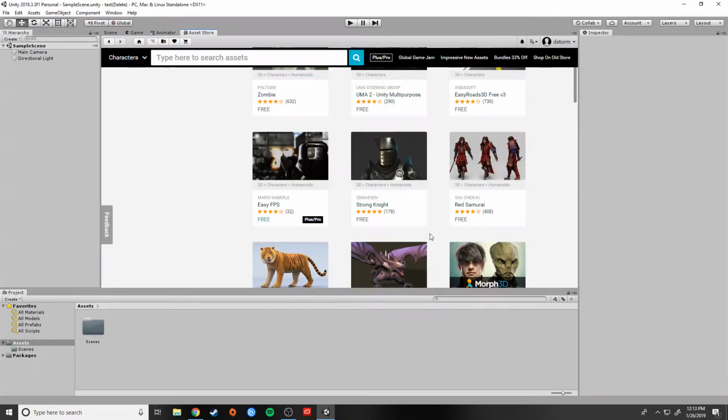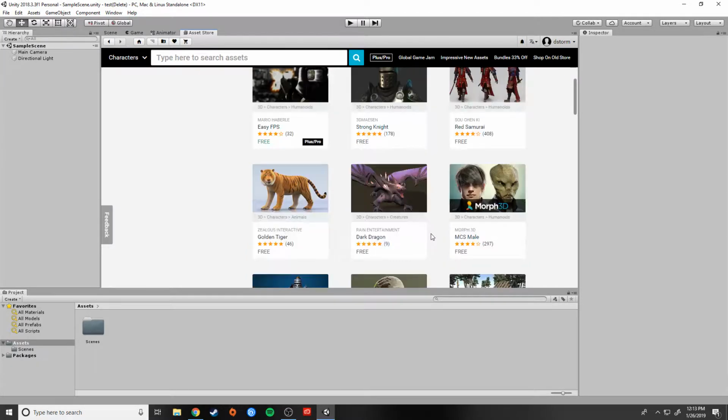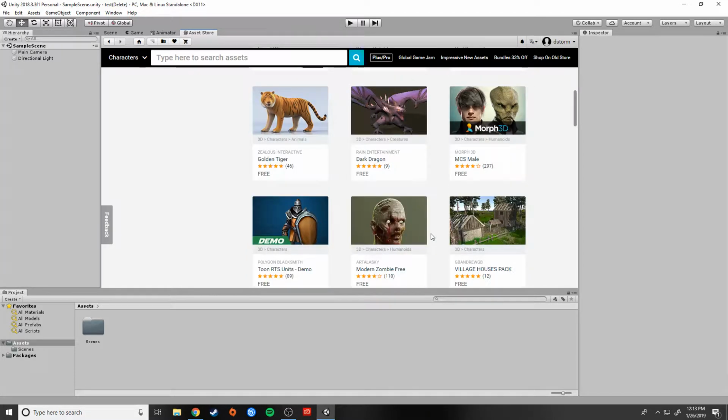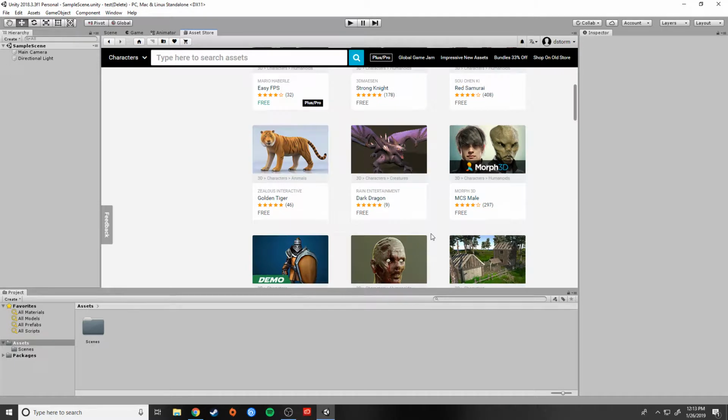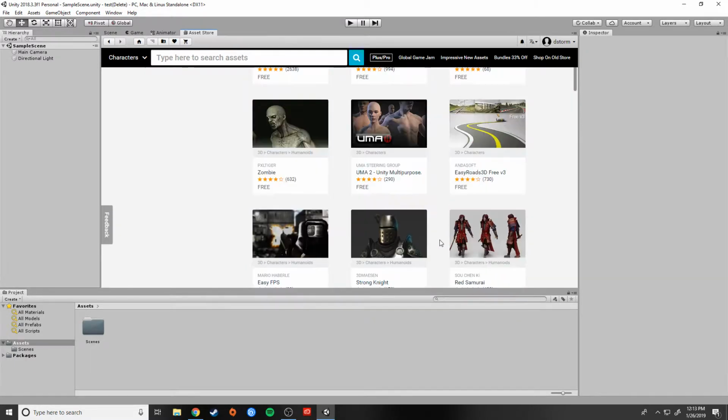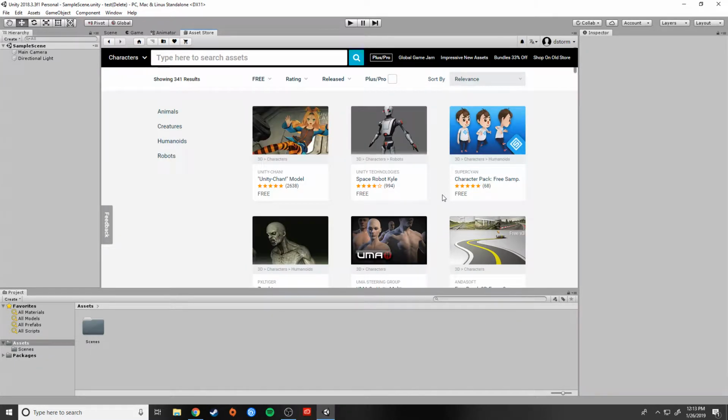Now, with characters, it can be a little bit tricky because sometimes you'll get a character that does not have any animations, there's no movement scripts, anything like that. So, if you download a character that doesn't work, or that you need to modify a little bit, make sure you're paying attention to that stuff. And by now you should be comfortable enough with Unity so that if a character is not working, you can probably figure out why. I'm going to grab this guy here,